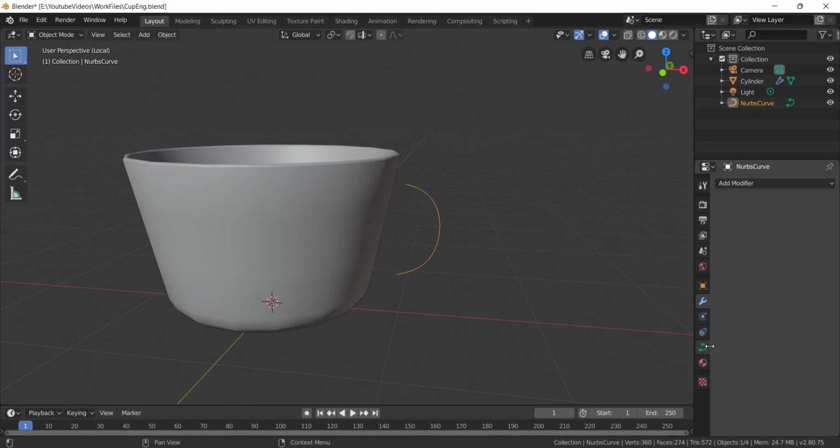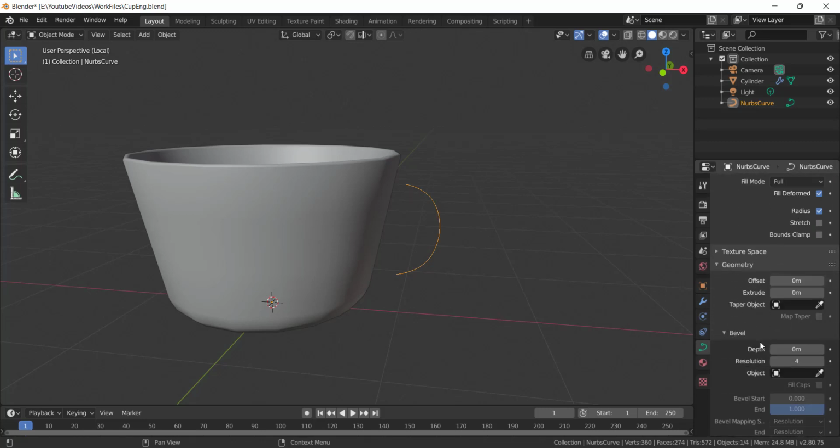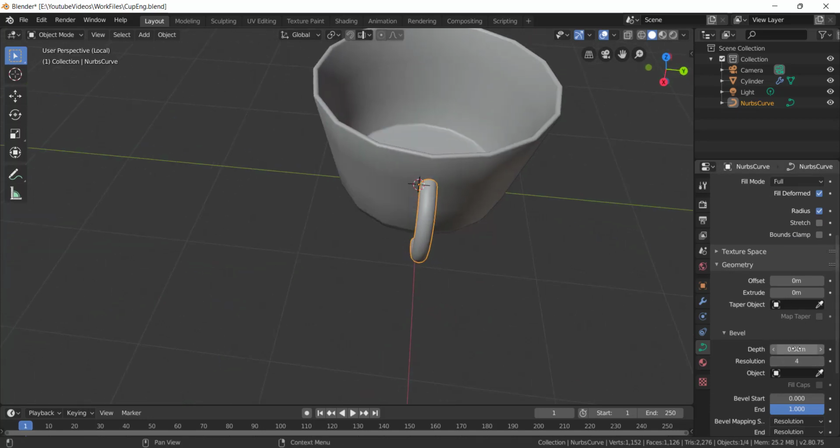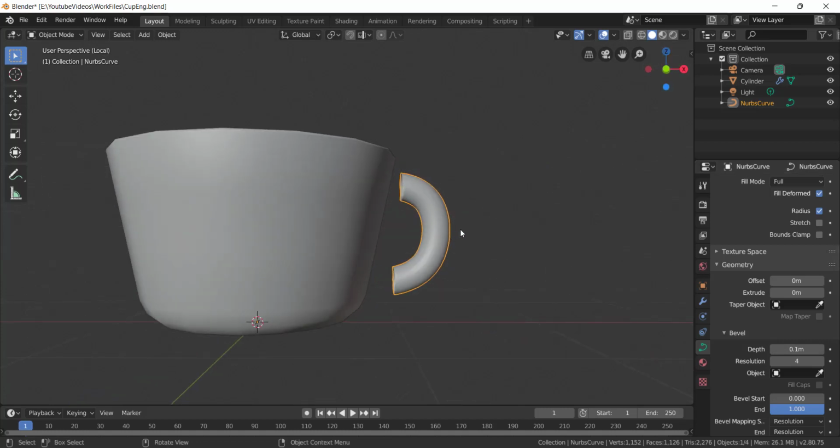Now take this symbol. This is the object data of this curve. You can go to the geometry and use this bevel. Okay, I have created that, right? So you can use the offset. You can change this. You can simply extrude it. Your wish, okay? What is the shape you want? You can create it. So I want this shape. See, I have already completed the